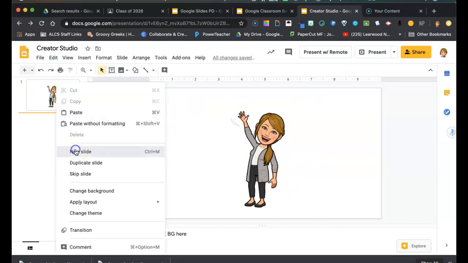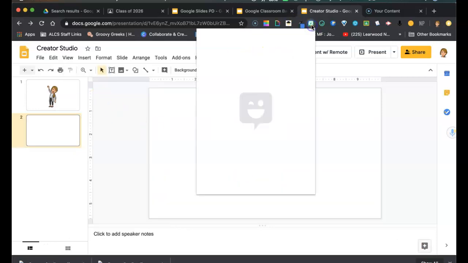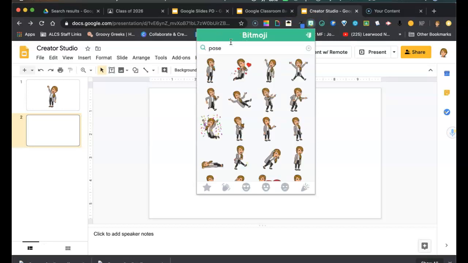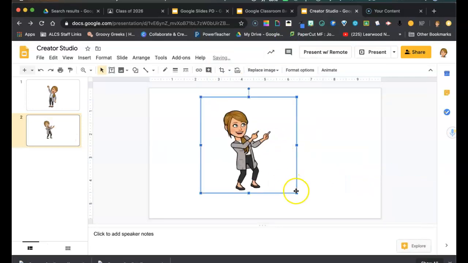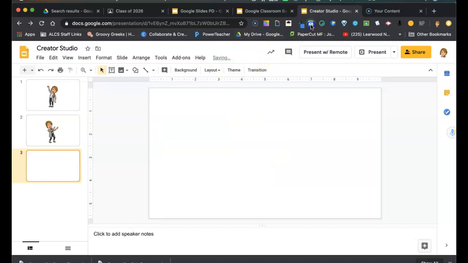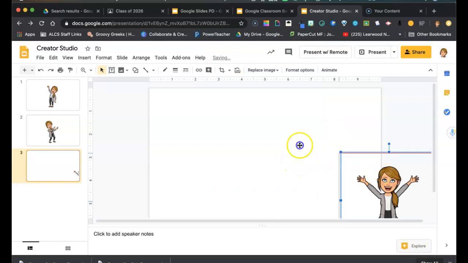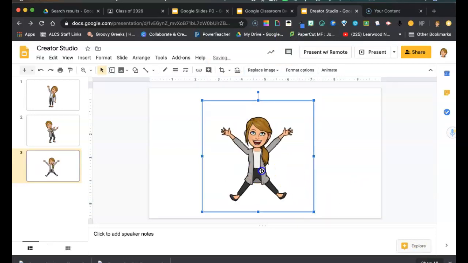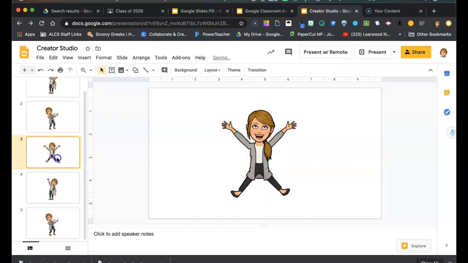Okay, and then I do new slide, and then I'm going to make sure that the layout is blank. And then let's say I want my Bitmoji then to maybe point, which I think I'm making the same Bitmoji that I have on there. And then let's say then do new slide. I'm going to search for pose again. And let's say I want my Bitmoji to jump up. Okay. And then I usually just duplicate the slides. I don't know if you need to, but I usually like to do at least one more. So I'll copy, paste, copy, paste, copy,